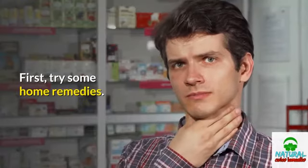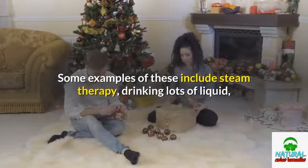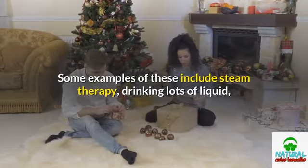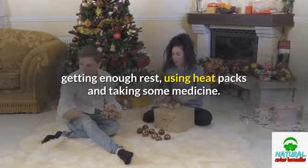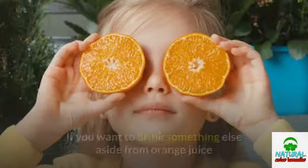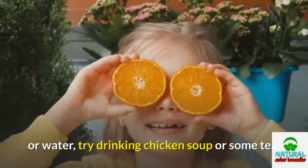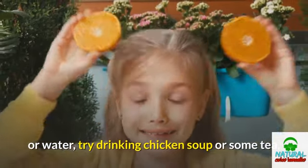First, try some home remedies. Some examples of these include steam therapy, drinking lots of liquid, getting enough rest, using heat packs, and taking some medicine. If you want to drink something else aside from orange juice or water, try drinking chicken soup or some